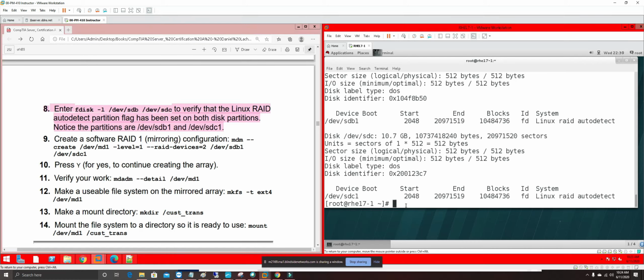I'm going to say mdm space --create space /dev/md1 space --level=1 space --raid-devices=